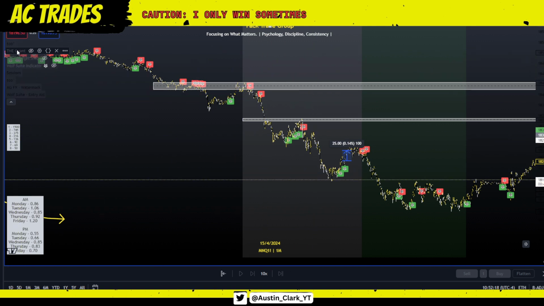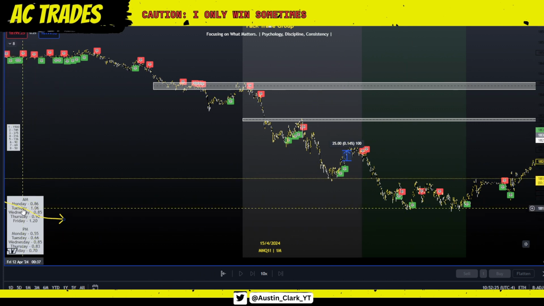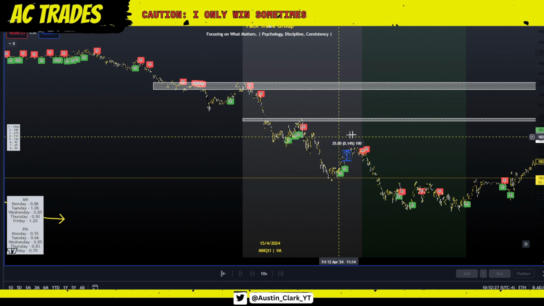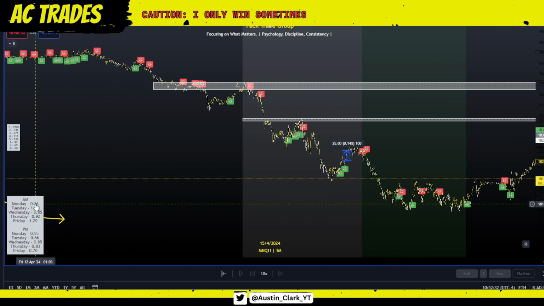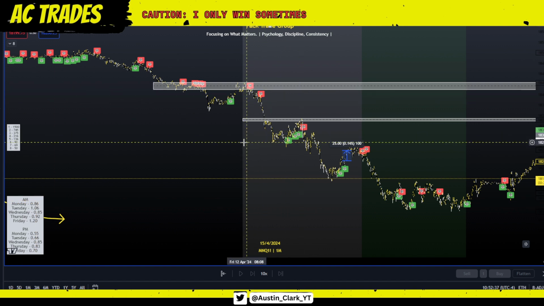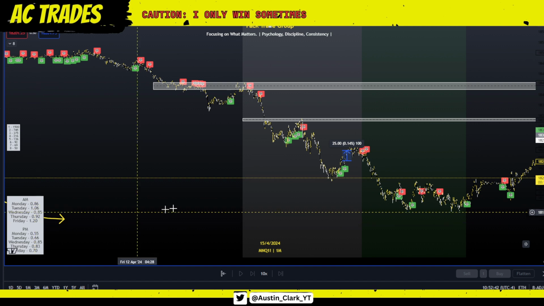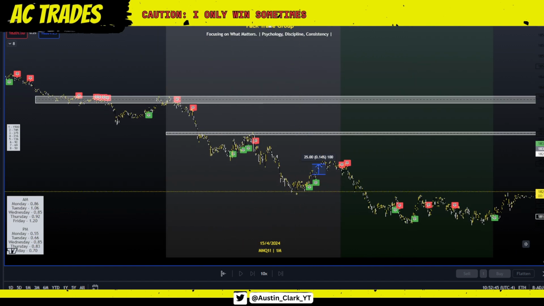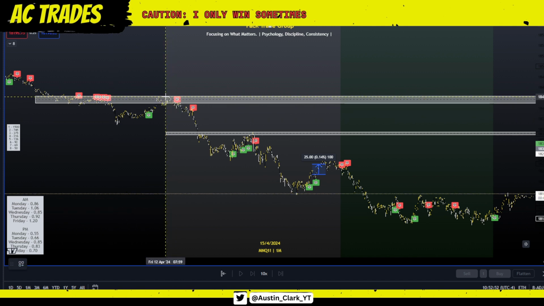I'm actually building, just like how I have Midnight Snap as a passive way of measuring these data points, an indicator to passively show this. But right now, this is just me going back and analyzing hundreds of sessions of price and finding this statistic manually. But there's going to be a tool in the future, just like the Midnight Snap, so stay tuned for that. But if I know that on Friday we have a statistical 1.2% distribution of price, let's add this on here. Let's take the highest point and the lowest point of Friday, and let's see where price distributed to.